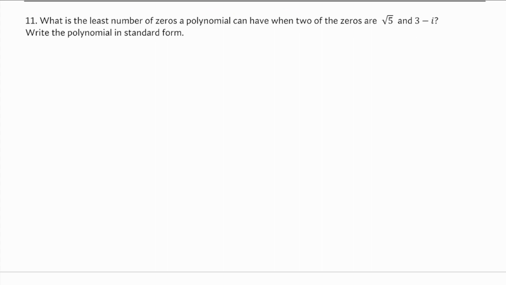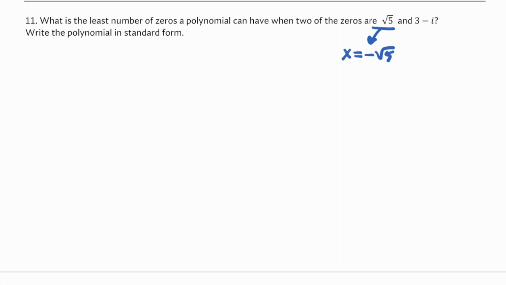What's the least number of zeros a polynomial can have when 2 of the zeros are root 5 and 3 minus i? Write the polynomial in standard form. Okay, yeah, this one's going to be a lot. All right, again, this is using facts that you don't really have yet and are not going to be on the quiz next time, but are going to be on the homework next time, so I guess I'm just showing you now. If x equals positive square root 5 is a root,